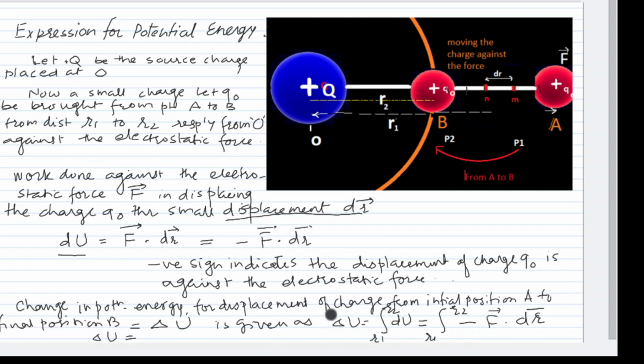Okay, so this is equation number 1. Let us consider this equation as 1. Now we know the electrostatic force of attraction and repulsion, that is given by,